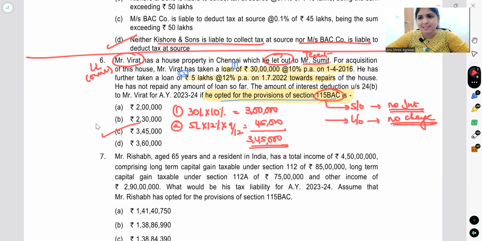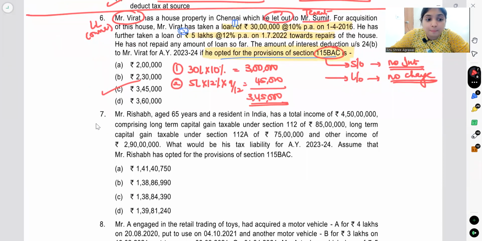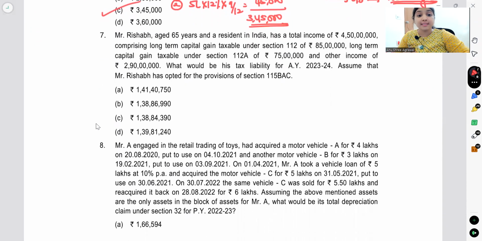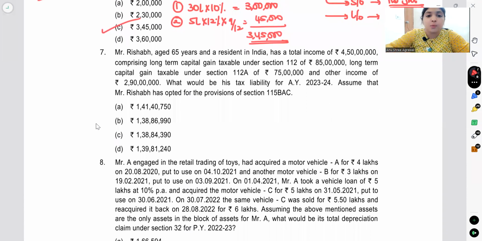Crystal clear, simple case. This was an easy question. This was a combination of IFHP and section 115 BAC. Okay, let us come to question number 7 now. Question number 7 talks about